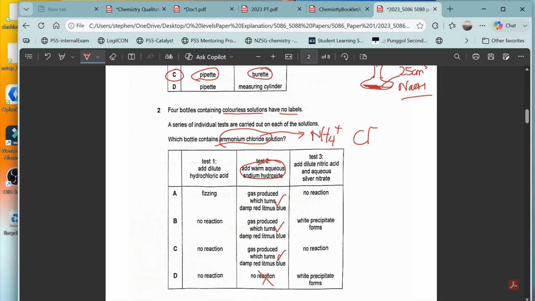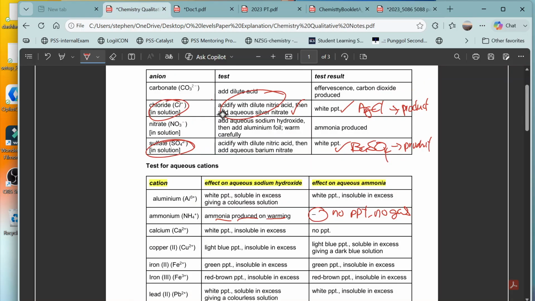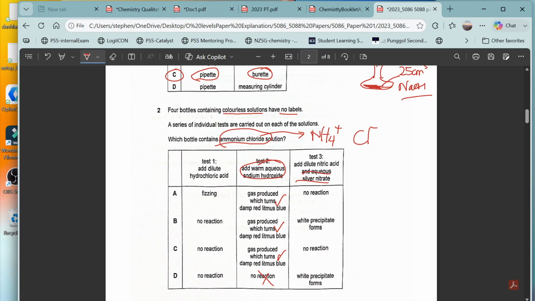Then only 3 of them are correct. And then can you see this? You added nitric acid together with silver nitrate. If you cannot remember, isn't it this one, right? So what do you see? White PPT. So that means,